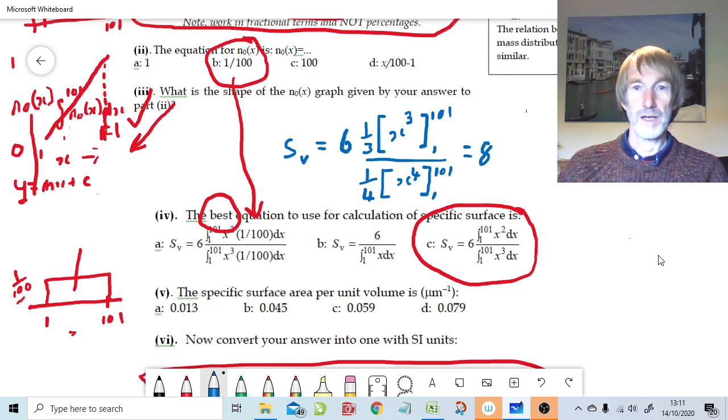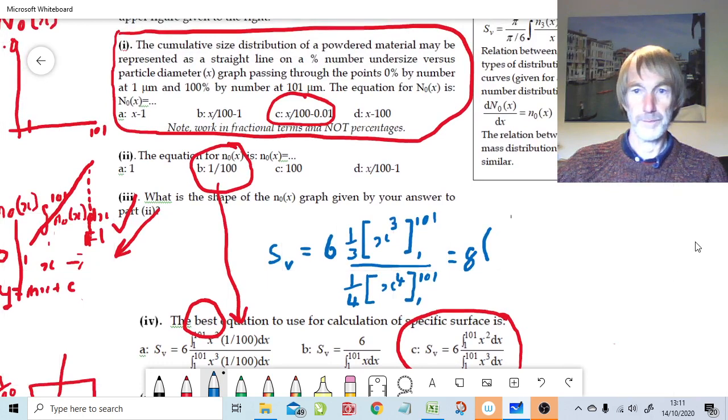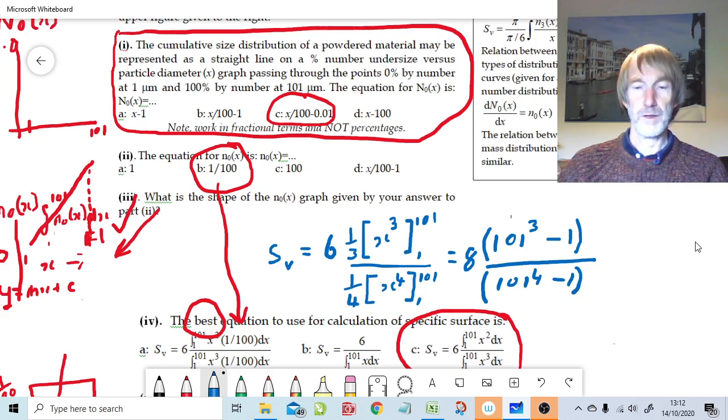And then we have on the top, if we just bring this down a little bit, it'll give us some space back. That's good. So we have 101 cubed minus 1, divided by 101 to the power 4 minus 1. That's what our specific surface area per unit volume will be,